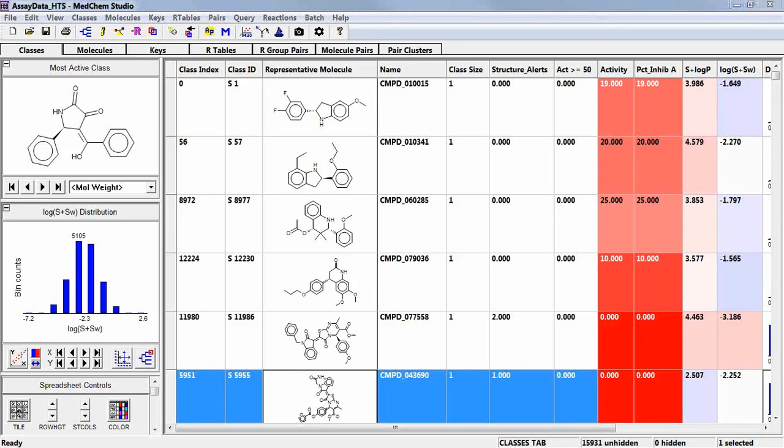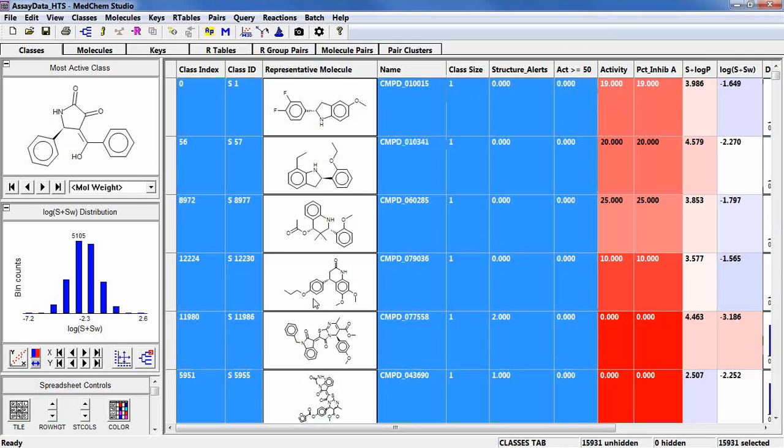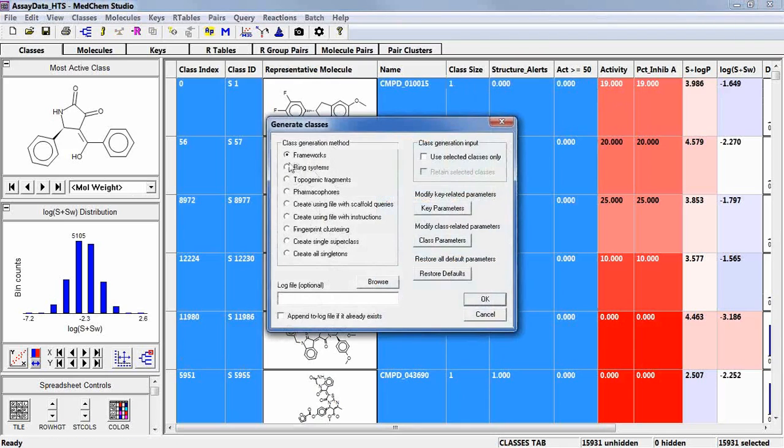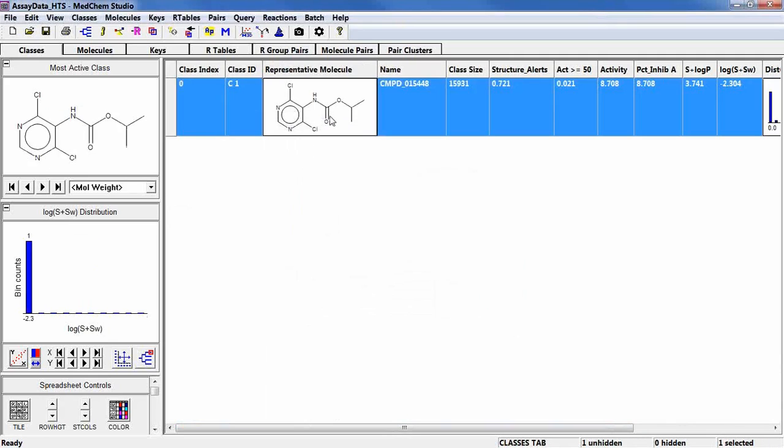Okay. Now, another thing we can do is look at activity cliffs. An activity cliff is 2 compounds that are very similar to each other, but have a very large difference in their biological activity. The way we do that is via this molecular pairs tab. We first have to group the molecules we want to compare into one class. So I'm simply going to select all the molecules and then use the classes button to create a single superclass of all the molecules. So it puts it into one